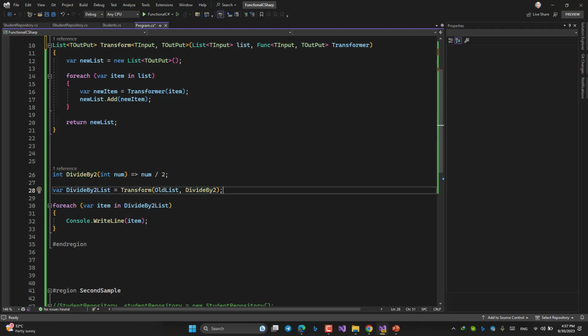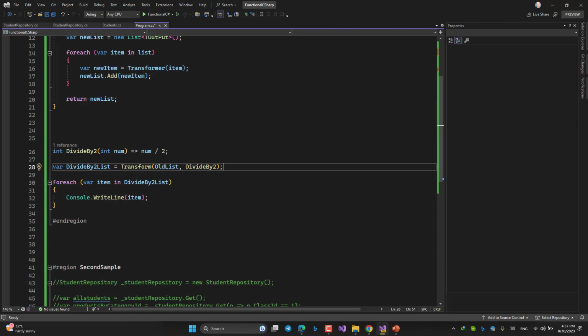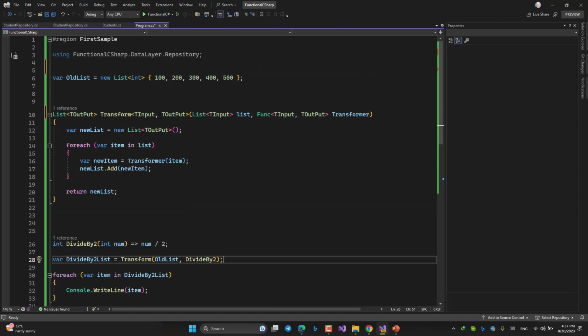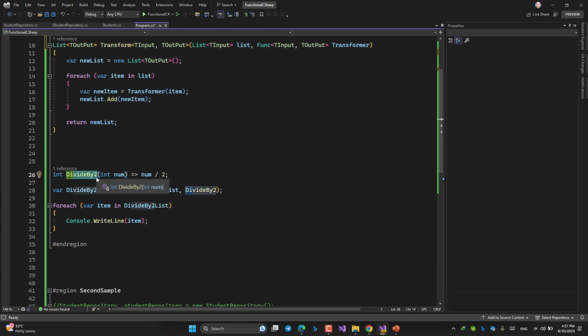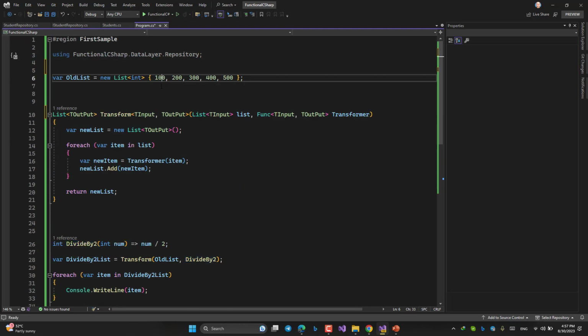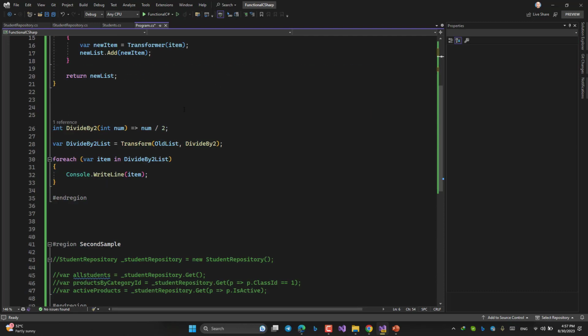If I run this code, you will see that all the numbers here one by one would come here and this method would be fired. So we're going to expect to see all the numbers divided by 2. Let's run.